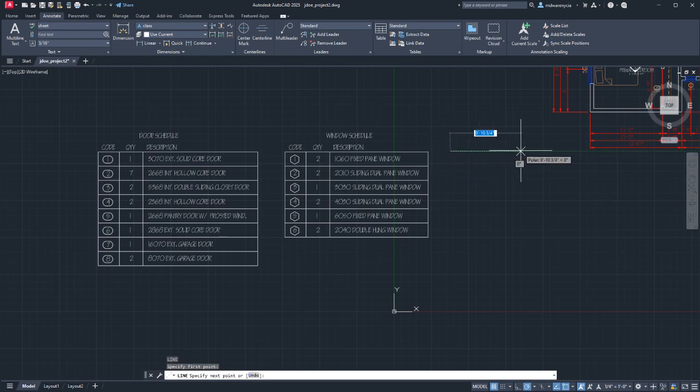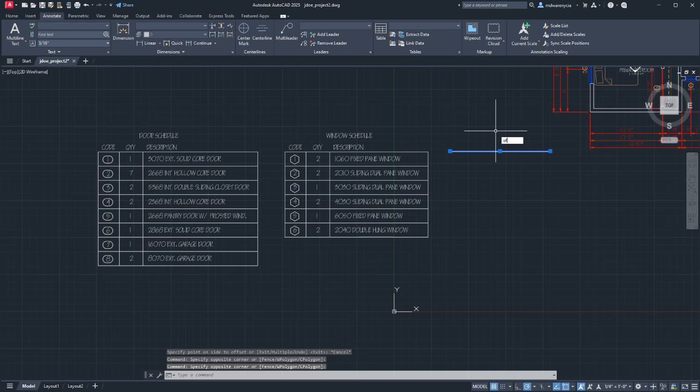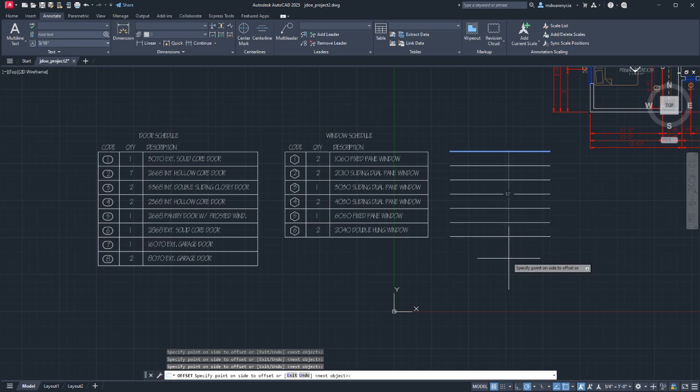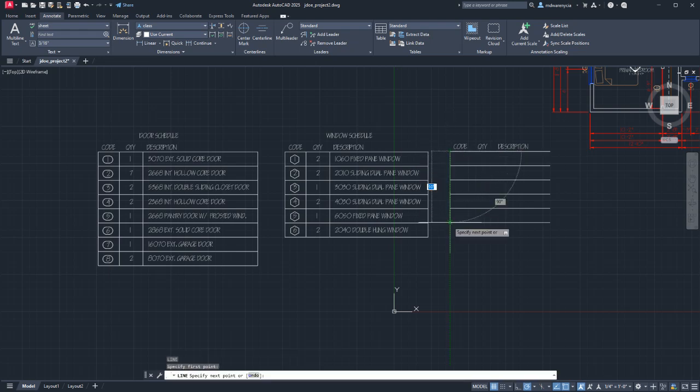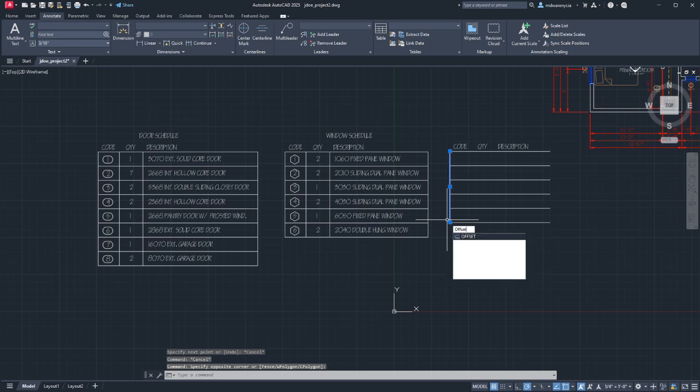I'm going to just draw a line. I'm going to offset this line 2 feet. Oops. No, not that. That was 2 inches. 2 feet. And then we can do multiple, and then just click down a bunch till you get all your lines. Place the text as necessary. Draw another line, and then this you can offset